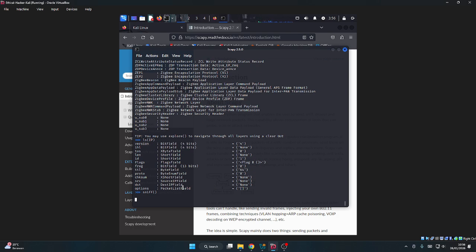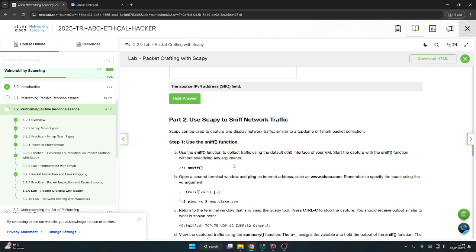I don't know, maybe the sniff command is bugging or lagging, but we can see the sniff function collects traffic using the default eth0 interface of your VM.